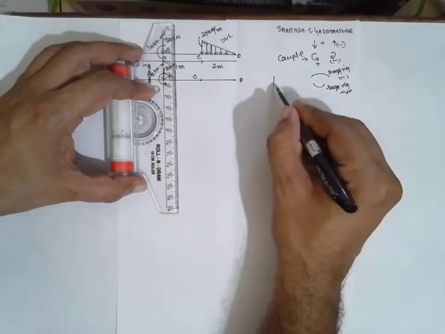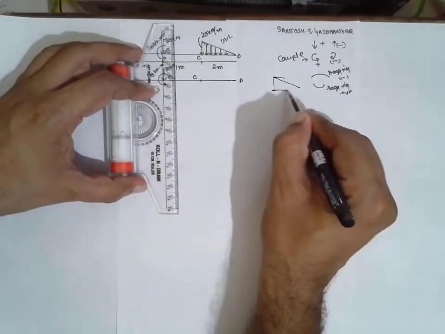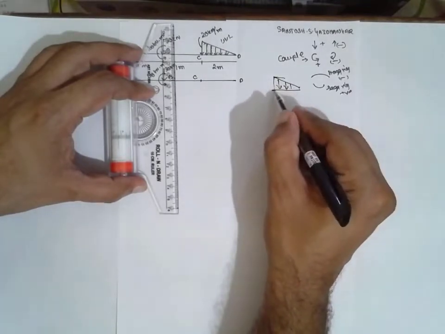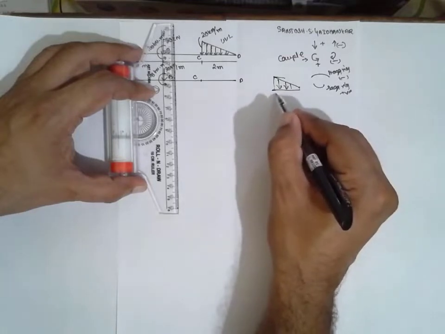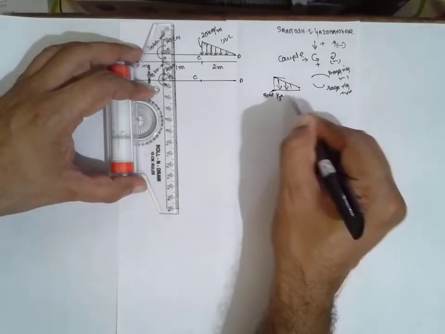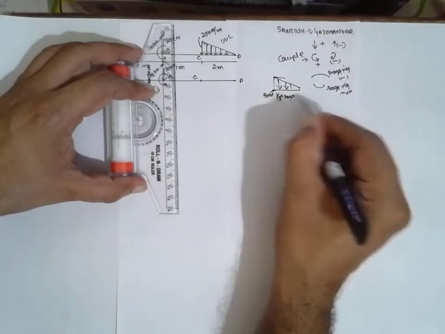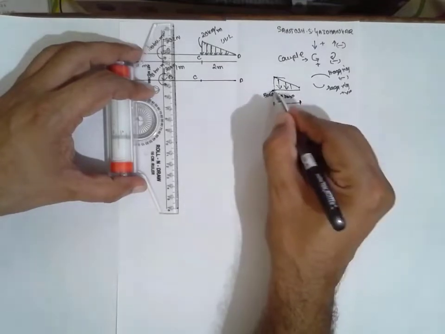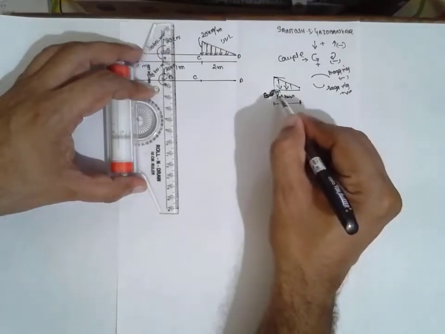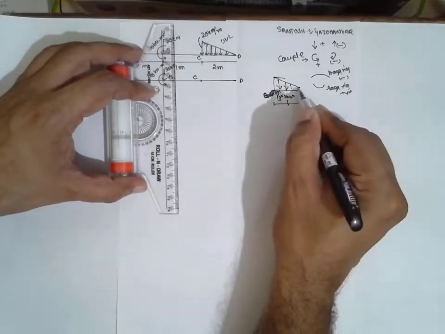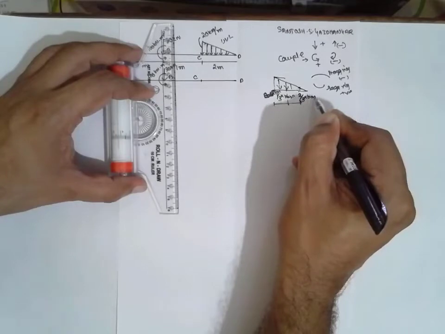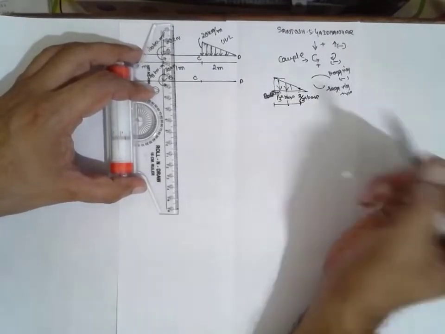If we measure the UVL from this end, we have to consider from the base, 1/3 into base. This is the base, or this is nothing but from the bottom. You have to consider 1/3 into base, or if you are measuring from this side, you have to consider 2/3 into base in order to convert into a point load.